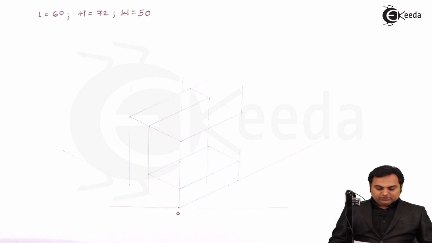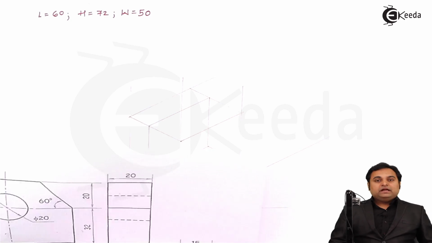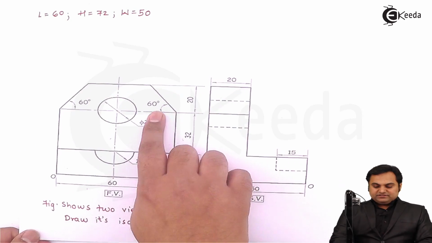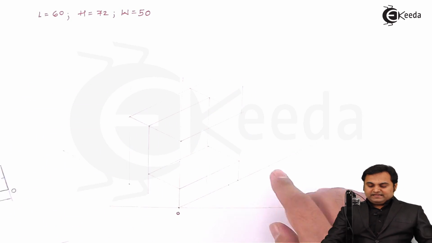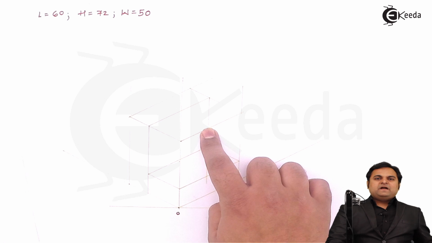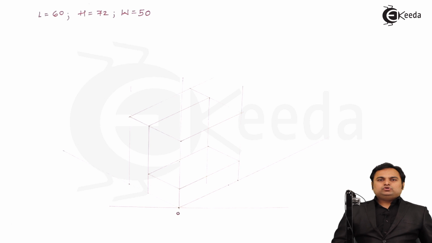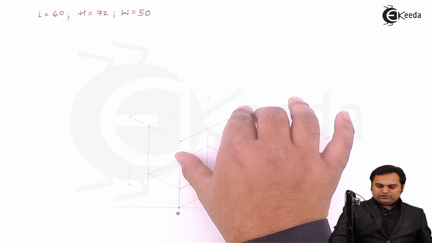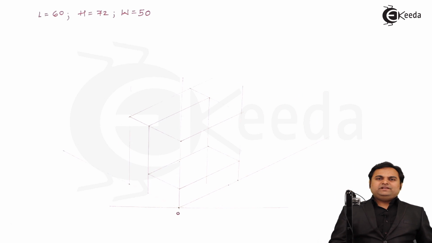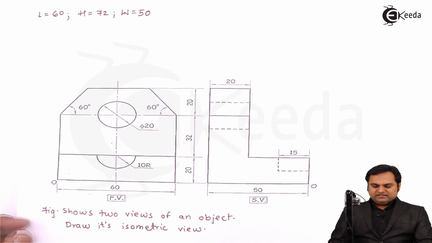But in order to draw that surface, I won't be measuring this 60 degree angle directly onto this diagram, because here the surfaces are already inclined to 30 degrees. So if I measure 60 degrees over these same lines, that will add 30 and give me the answer as 90 degrees. So it is better in case of isometric projections that whichever angles are given, like for example